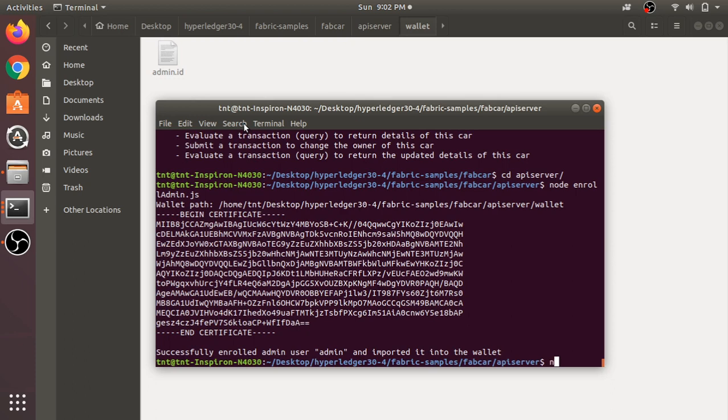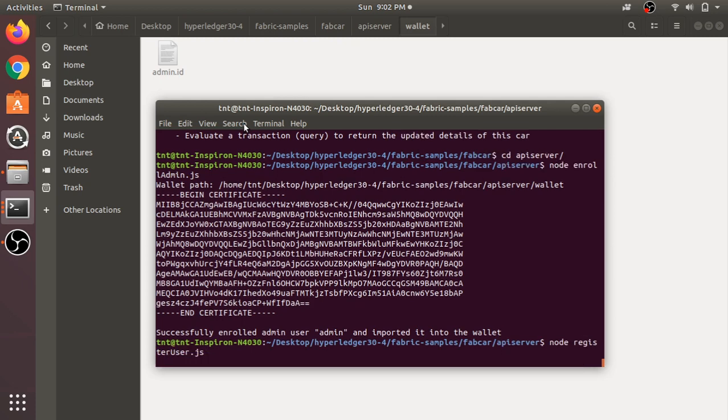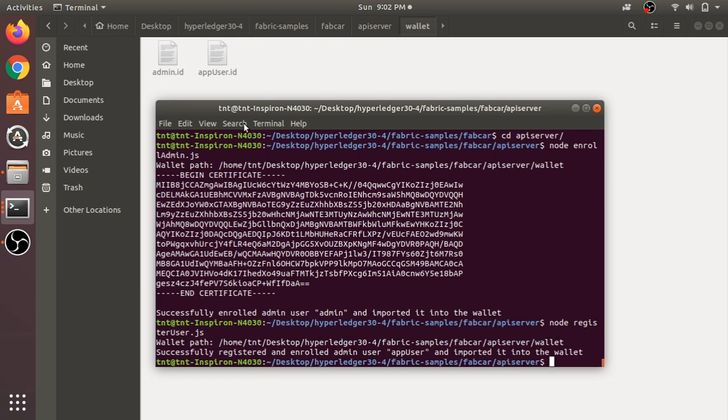For that you have to run node registerUser.js. Okay, it's also created. So we created the user appUser. Behind the terminal you can see both the files are created. So next we can go into the creation of APIs for our functions.